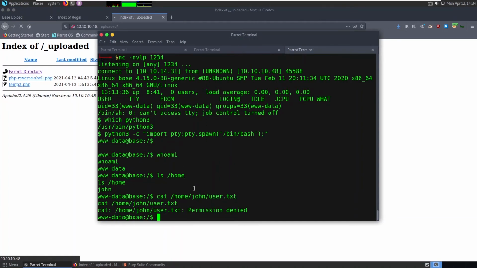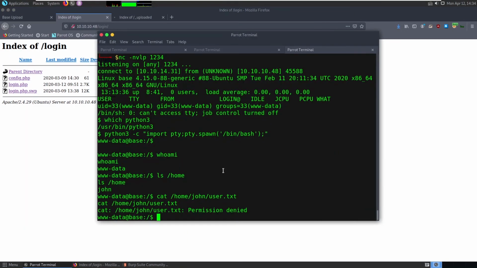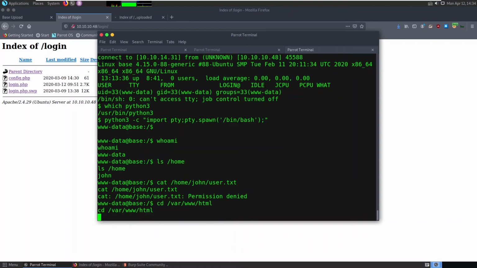Okay, permission denied. Now you can see here there is a config.php which is not visible to us, because that is PHP and it cannot be visible on the front end. Now what we need to do is locate that file. So generally in /var/www/html, in this place our general web server will be hosted.